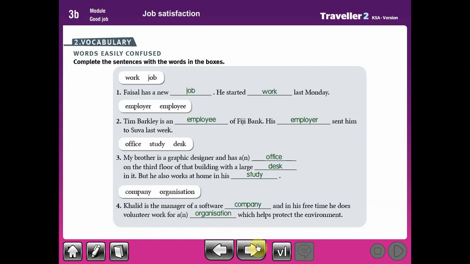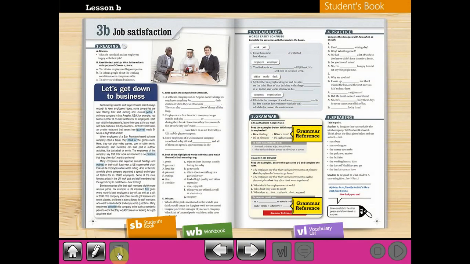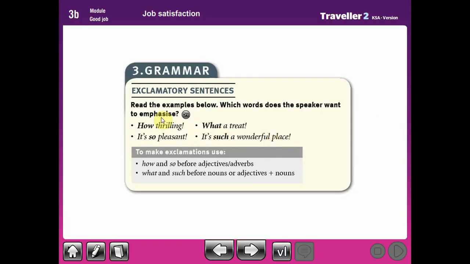That's okay. Now let's move to the other part. On 3b, we have here the grammatical section. We have the exclamatory sentence. That's good. Here we have what? How can we form the exclamatory? As you see here, we have the exclamation mark by the end of each sentence, right? So this is the exclamatory sentence because it ends with the exclamation mark. But what's the form or the formation of the exclamatory sentence, and how do we form it?